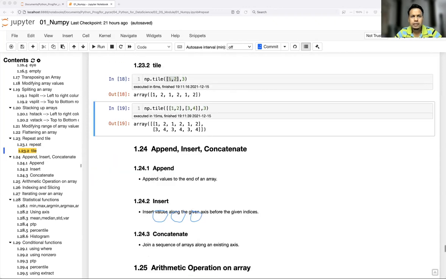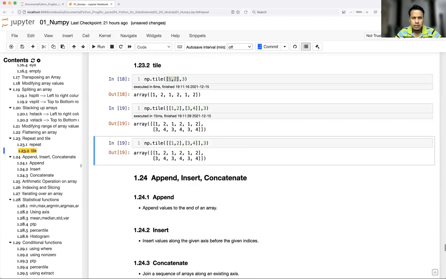Let me clear this annotation. So let's take another one.